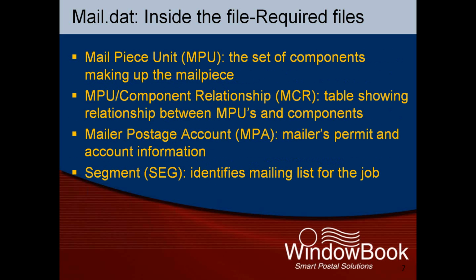Other required files include the mail piece unit, or MPU file, which is the set of components which make up the mail pieces. The MPU component relationship file, or MCR, is a table that shows the relationship between the MPUs and the components. In other words, which components are associated with each mail piece unit. The Mailer Postage Account file, or MPA, includes information on the mailer's permit and account information. And the segment file, or SEG, which identifies the mailing list used for the job. This is often used to define versions, lots, additions, or other variances within a mailing. For example, you may have one portion of a letter mailing that has an insert and another portion that does not include the inserts. These could be